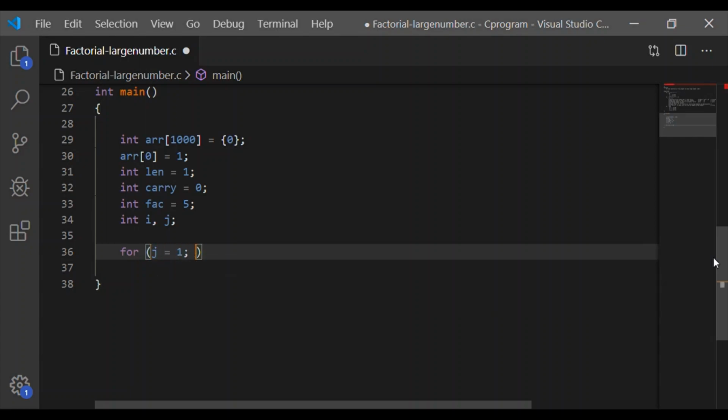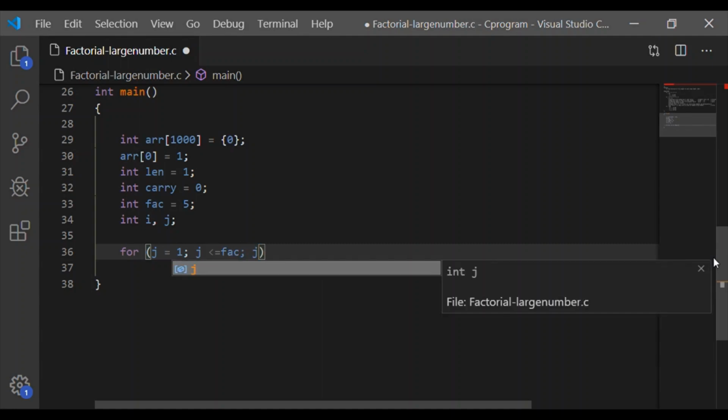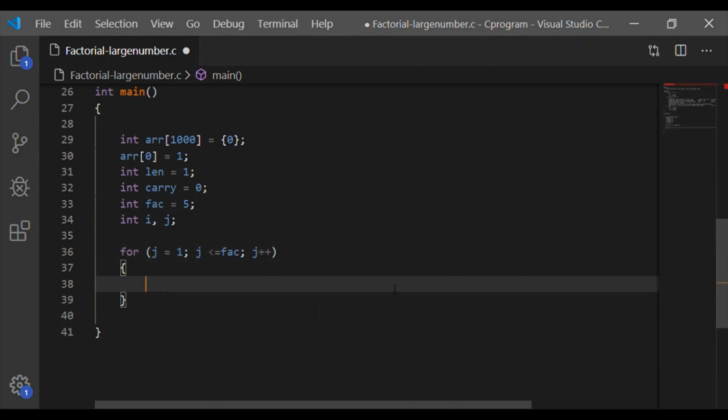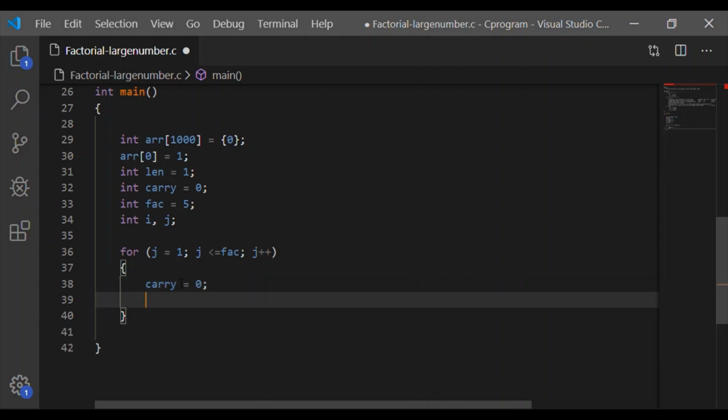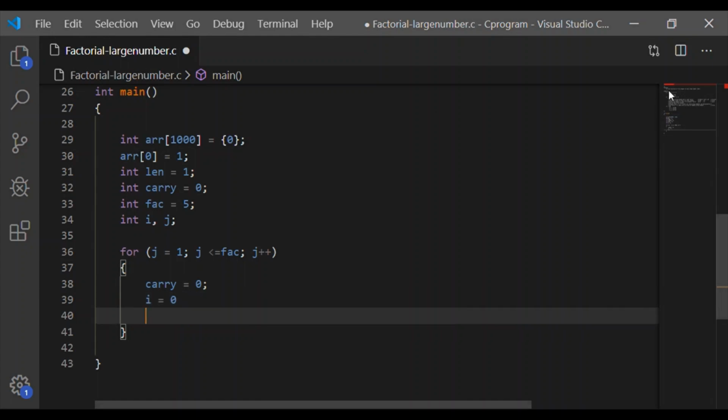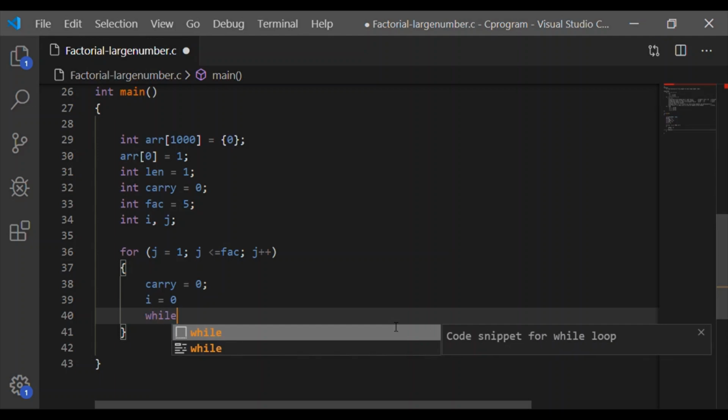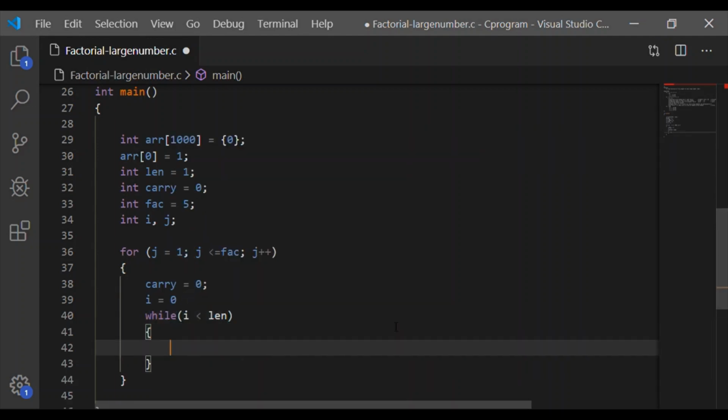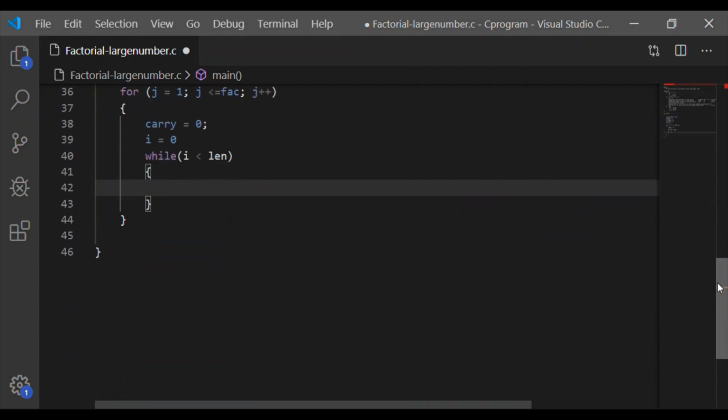Let me initialize carry, which is used in our steps, to 0, and first let us find factorial of 5, with integers i and j. We are starting a for loop with j from 1 till the factorial number. So here it is 5 factorial. First we will multiply by 1, then 2, 3, 4 until 5 here. Initialize every time in the for loop carry equal to 0 and i equal to 0.